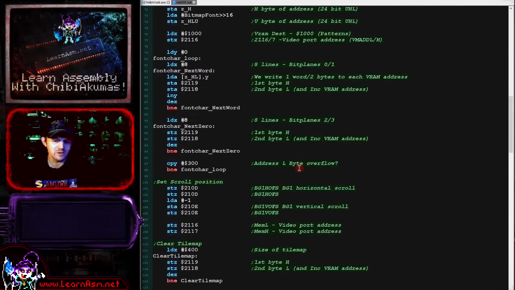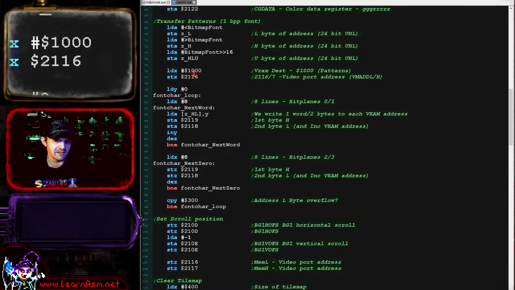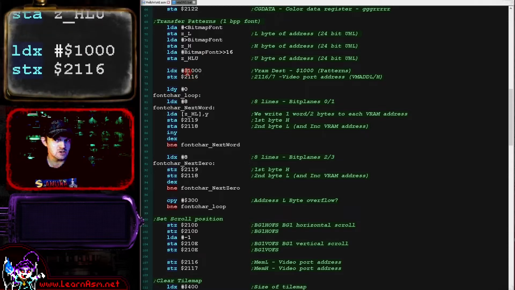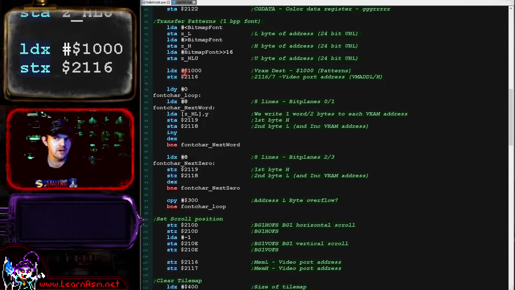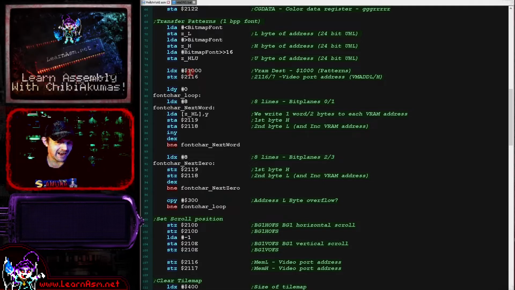Now, when we define our bitmap data within the hardware, it's a little bit of a pain. The first thing we do is we select our VRAM destination with port 2116 here. We're writing to VRAM destination 1000, and then we need to send our color data. But we send it in 2 parts. Basically, we send 2 bit planes, bit plane 0 and 1 first, and we send all 8 bytes for those 2 bit planes, and then we set bit planes 2 and 3, and we send the 2 bytes for those